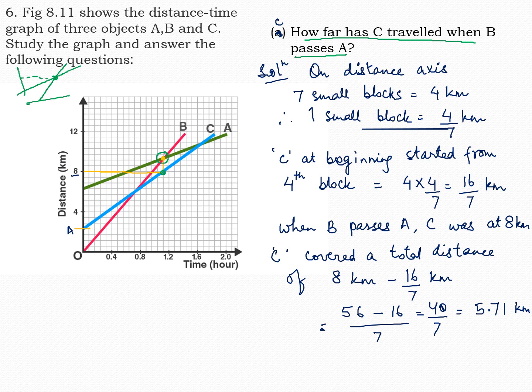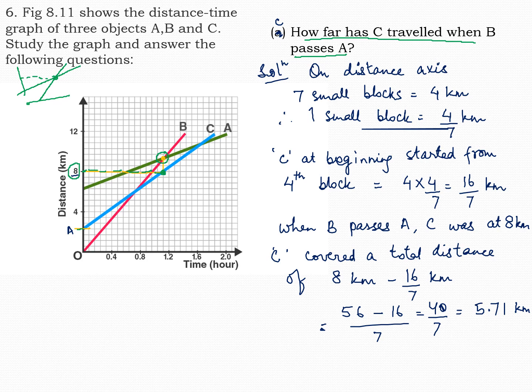Isn't it? This is your B and this is your A. So when B and A are passing, this point is your C point. If you extend it along the y-axis, you will see that it is matching at point 8. You can see in the book also the figure properly. So 8 is actually 8 kilometer. So this is the final point of C.